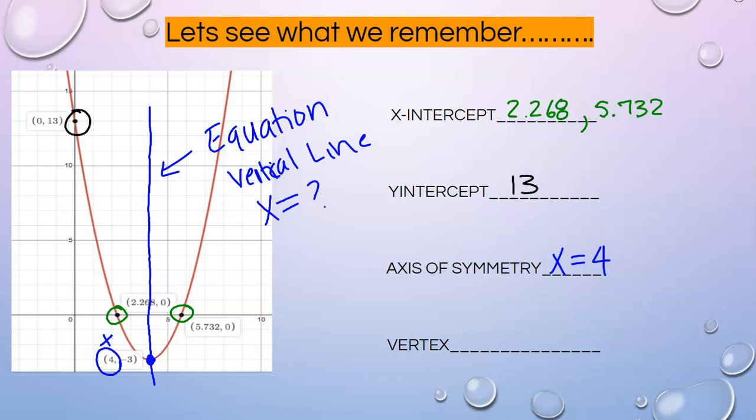And quite naturally, you guys can automatically see that this is your vertex point down below. And so that vertex point is expressed as coordinates. So it is 4 and -3. So that's where the vertex is located. Okay, so